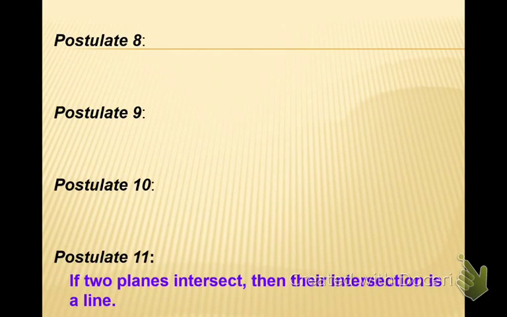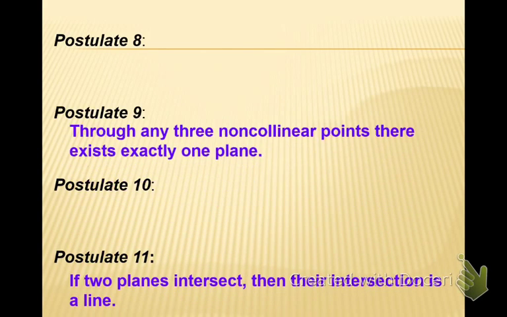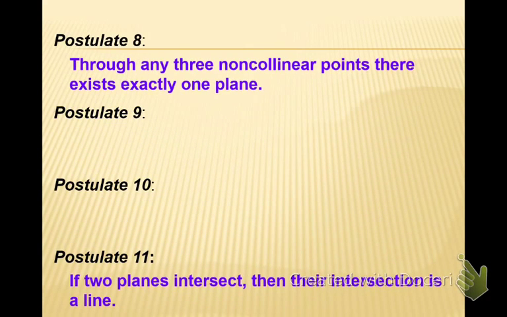Postulate 8. Through any 3 non-collinear points, there exists exactly one plane. I put 3 points on the chalkboard. The only plane that goes through those 3 points is the chalkboard. Now there's an important word there. It says non-collinear. Because if these points were collinear,